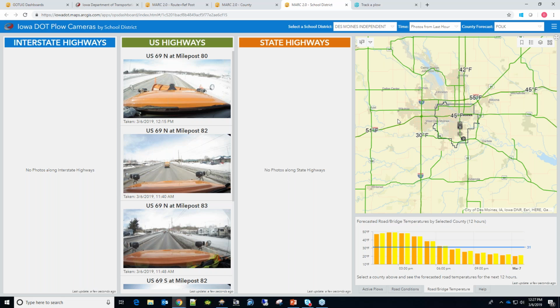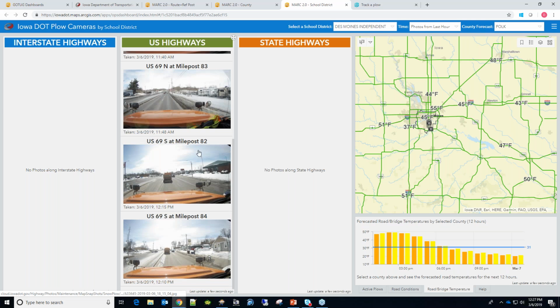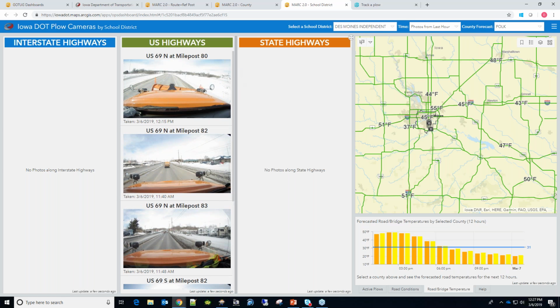We're also looking at potentially doing things such as county. When you include county or even potentially city snowplows in this type of view, you're also able to provide the superintendents a better operational picture of what conditions are actually like without having to have them drive the school bus routes within their district to delay school or to cancel school.